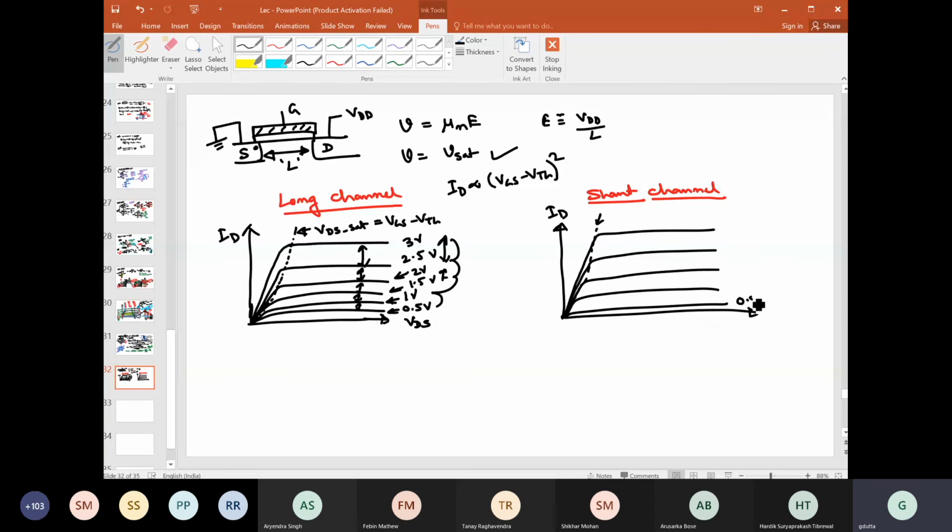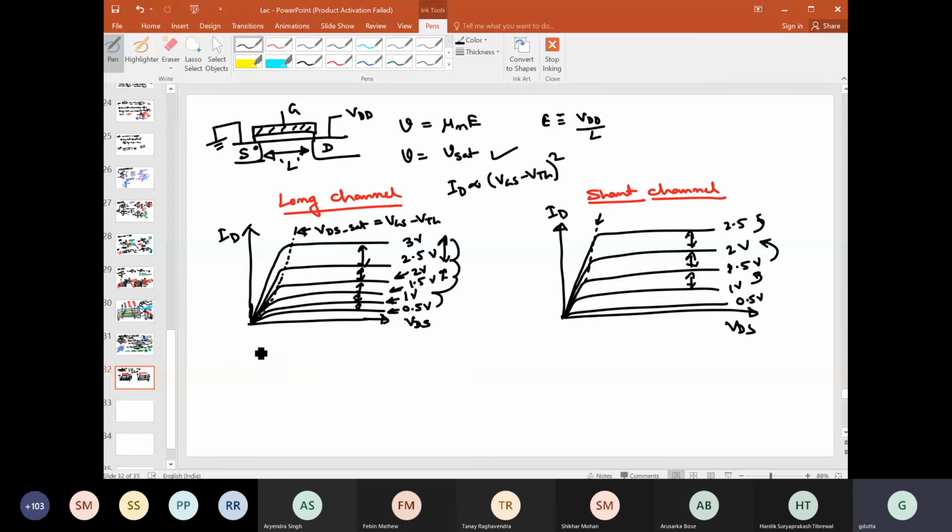Here again, suppose this is at 0.5, this is 1, this is 1.5, this is 2 volt, this is 2.5 volt. So here you can see the separation between this ID for equal amount of change in VGS, that is same, right? So if you see some characteristics where you observe this behavior, obviously it is long channel. If you see some characteristics of ID versus VDS where you observe this type of behavior, that with same change in VGS, the increase in ID is almost same, then it is a short channel device.